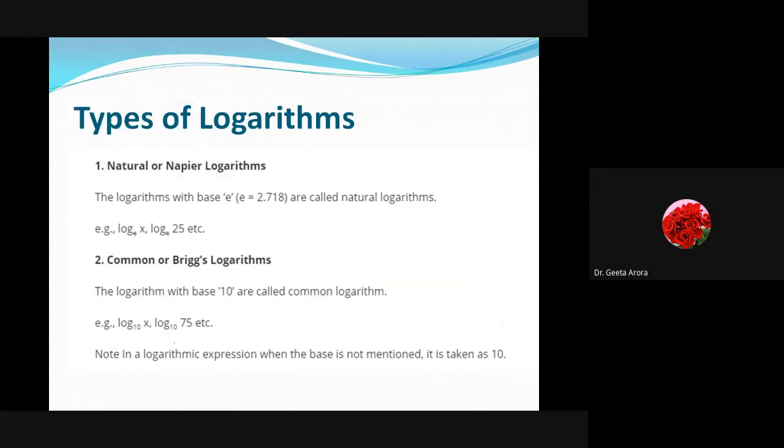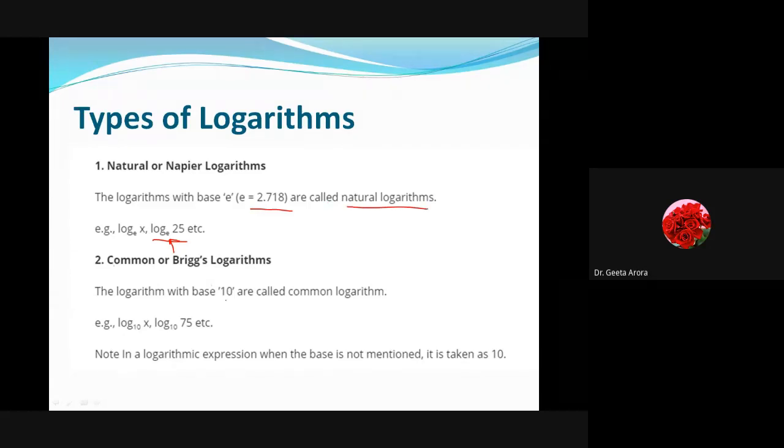Now if we talk about the types of logarithms, normally we talk about base a. Base a could be any number. And if we talk about the types, then it falls under the category of natural logarithm and common logarithm. Natural logarithm means the logarithm with base e. Sometimes you have seen it like this, log e with some number. Here we have taken the base as e, which has the value 2.718, and this is known as the natural logarithm.